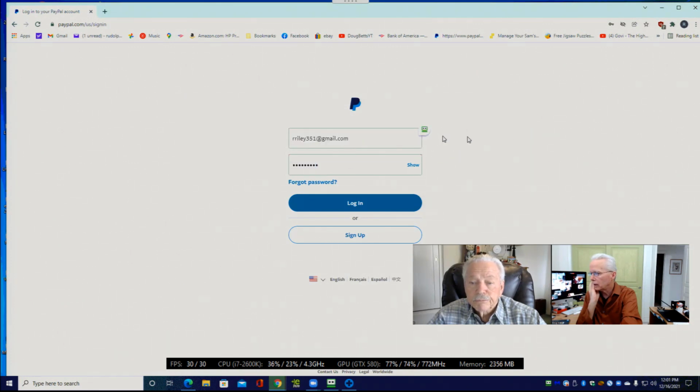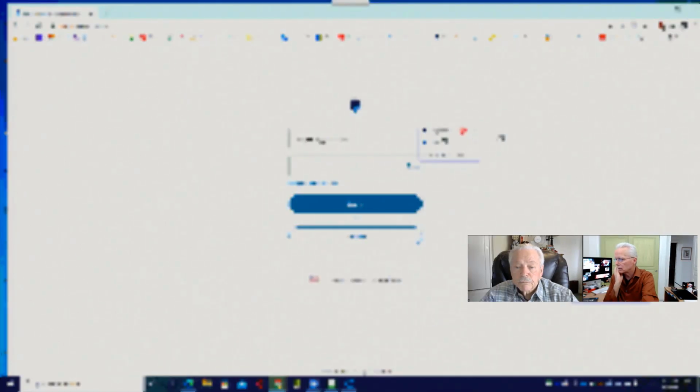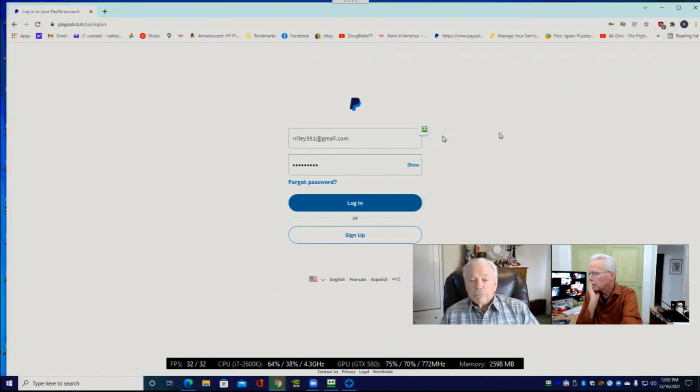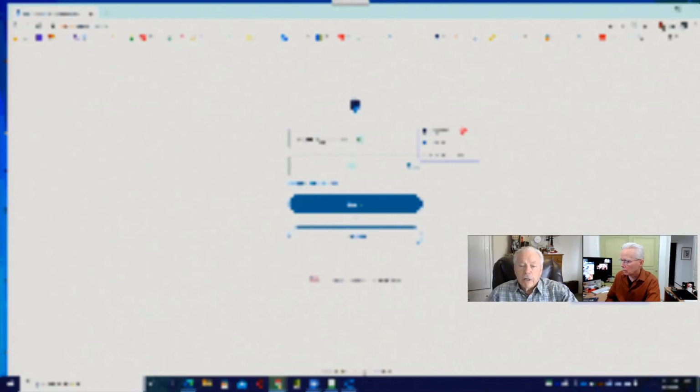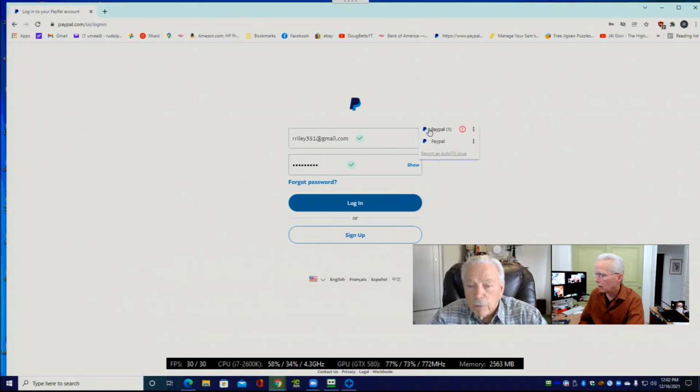Now hang on a second. It's indicating that RoboForm already has account credentials stored, and it apparently has two sets of account credentials. I've got the mouse for a moment. Oh, I see. I've used my Gmail address for PayPal instead of Yahoo.